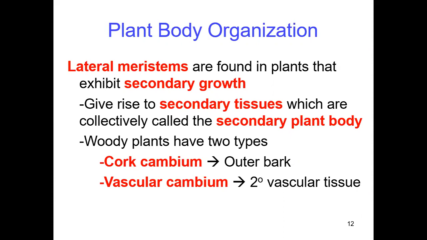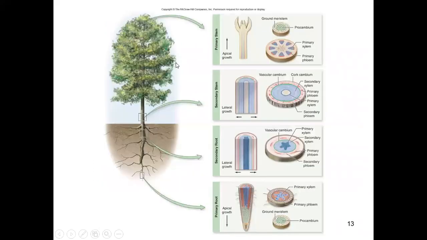Primary growth, and after maturity it is converted into the secondary growth, and they can form this secondary tissue, and that is nothing but the formation of bark and the formation of vascular tissue. So we see here, this is the plant here. We have taken this section of different organs, and we can find out there are different kinds of meristematic regions, and their contribution to the formation of different kinds of organs here.